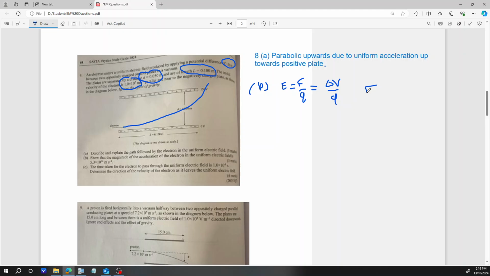So I'll write it as force first. Force is equal to delta V Q on d. And then for acceleration, you divide the mass out from that, so you'd have delta V Q on m d, and that's equal to